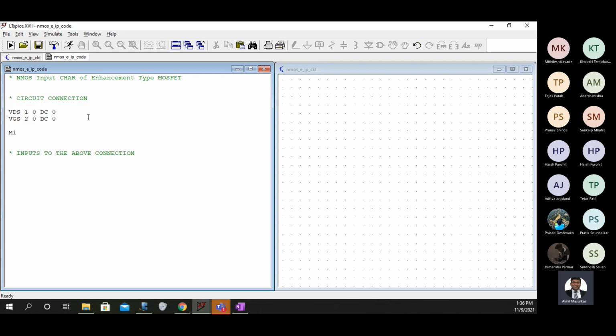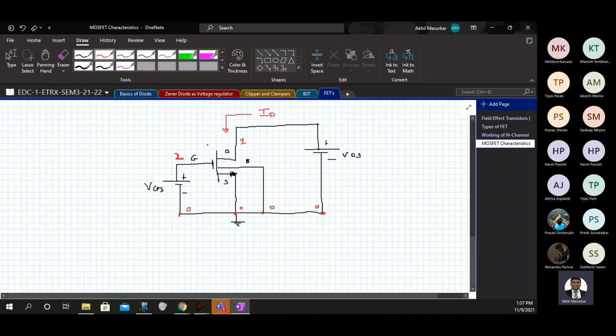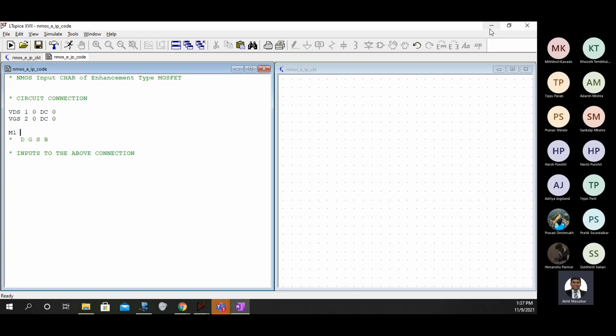The way in which you have to define this is like this. First you have to write the drain, then gate, then source, and then body. So you can see the drain is connected to 1, gate is 2, and source and body are 0, 0.